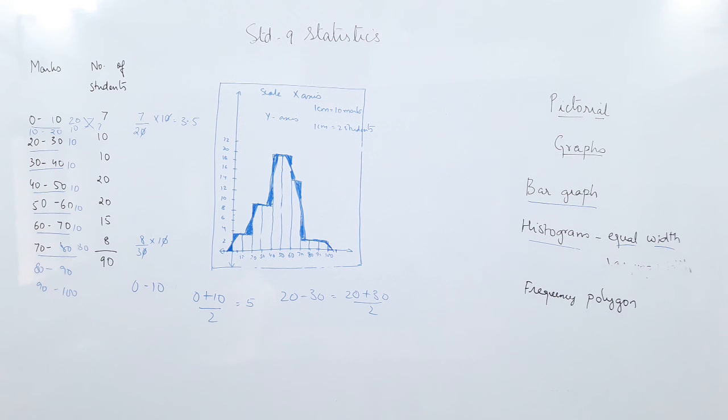So in this chapter so far we have done two things. We learned how to make a frequency table of discrete frequency and group frequency. Group means a class, and we have learned to make the graphs also. So now we can finish the exercise, practice and get ready for the test.